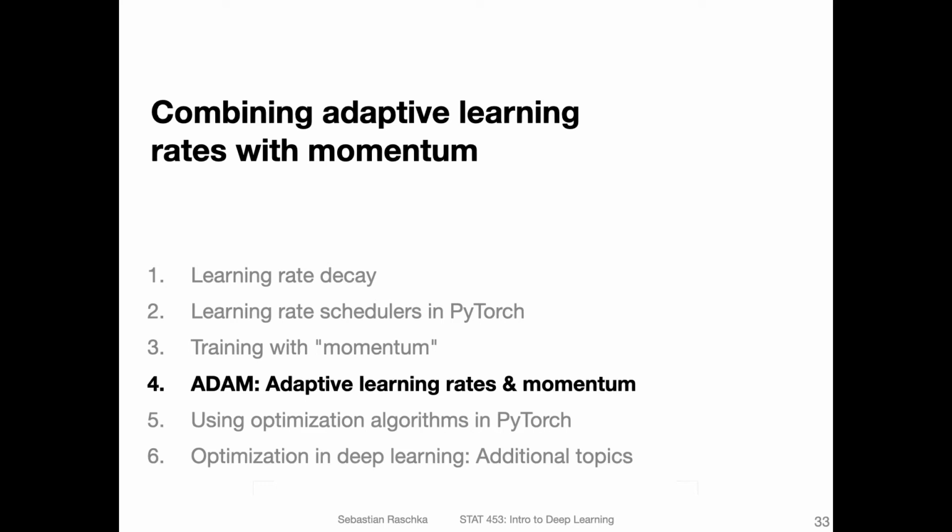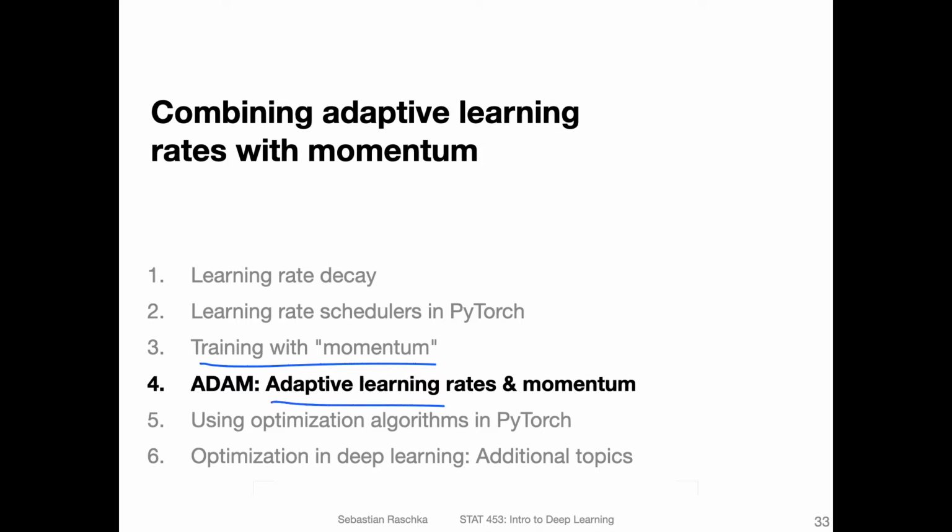Yeah, so in the previous video we talked about adding this momentum term, which is essentially a velocity term that helps dampen the oscillations in stochastic gradient descent. But it can also help with overcoming flat regions on the loss surface, for instance saddle points or local minima. So in addition to this momentum term, we now learn about a slightly related, but also slightly different concept